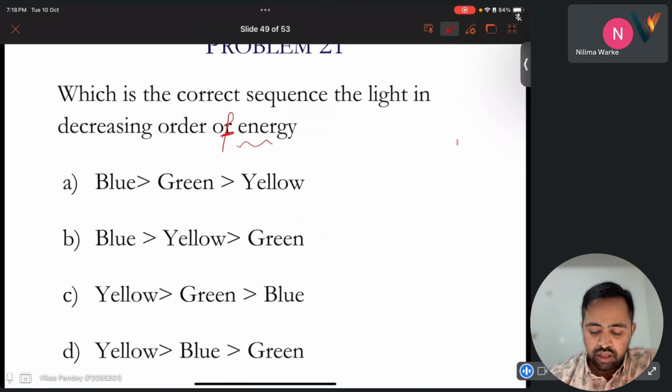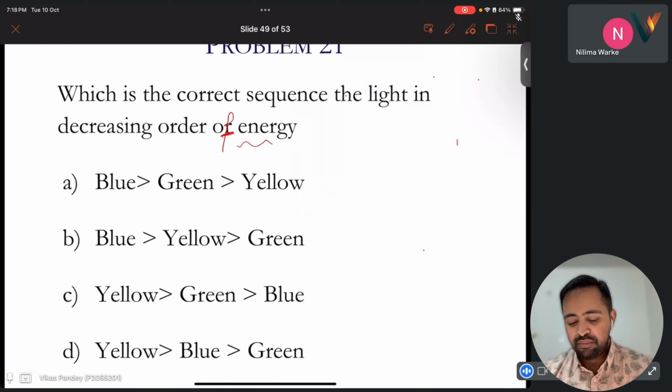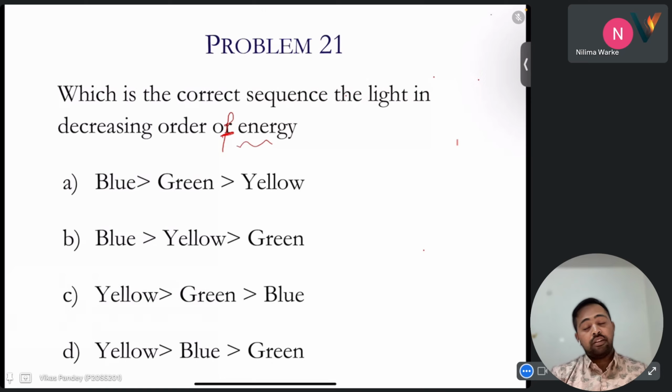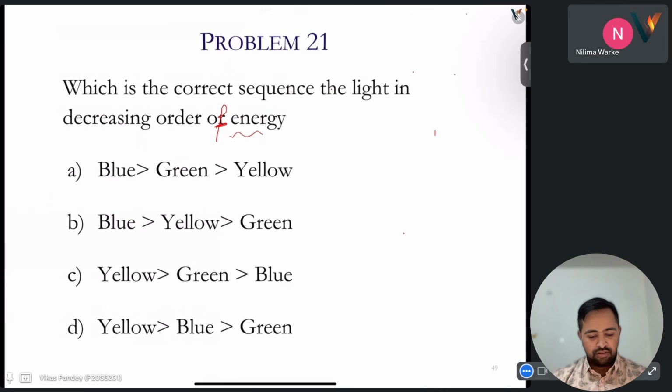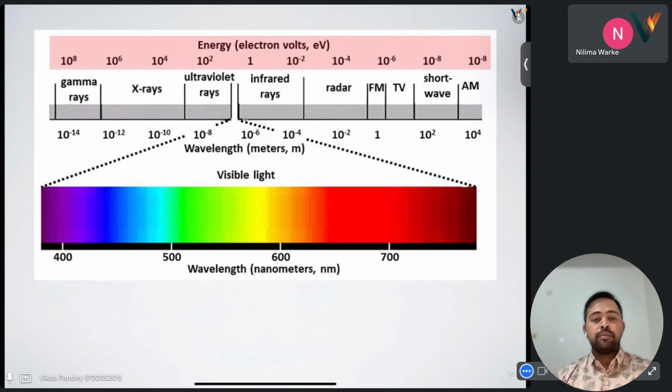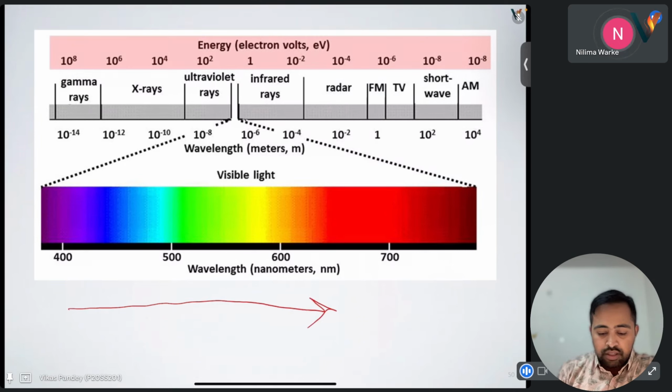So what will be the correct sequence of this? No, sir, no idea. Sorry. Okay. It is very much in the same sequence as the wavelength. If we remember the wavelength sequence, it will be something like that, either forward or reverse. So if we see like this, as the wavelength increases, the energy